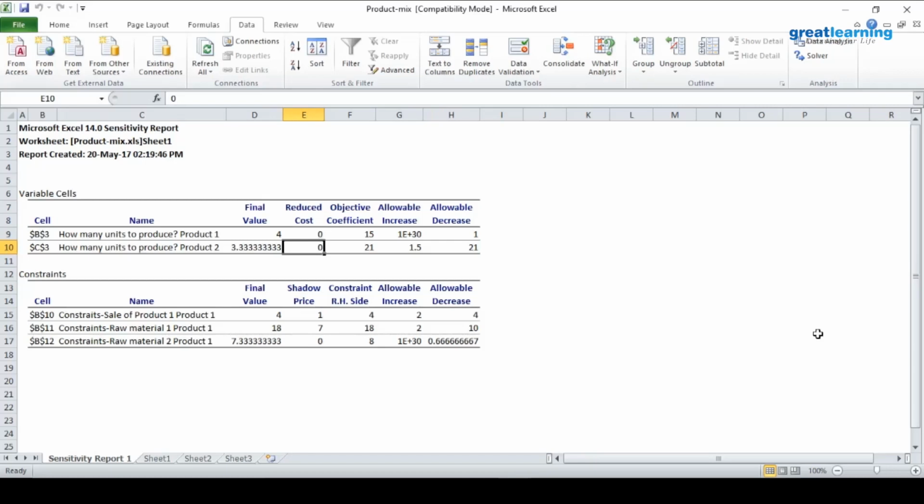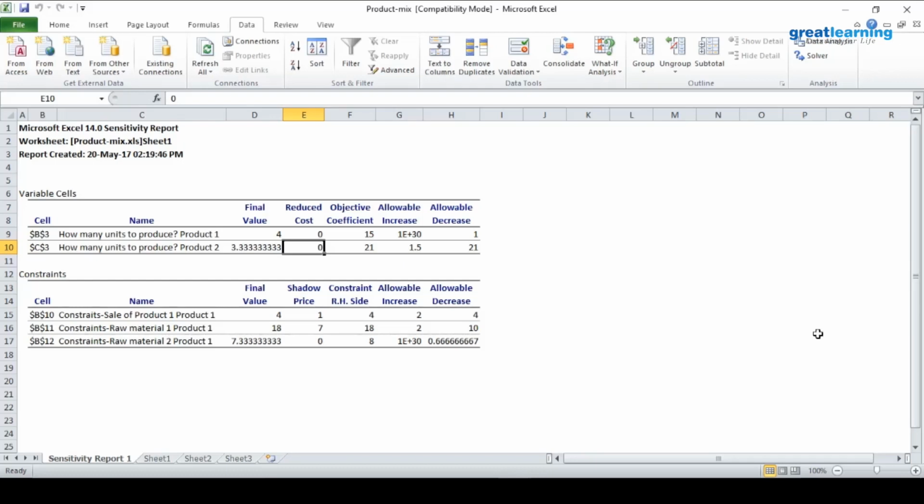Reduced cost: in case linear programming has to encounter difficulty in finding the solution, it may give a zero solution to a product. So, what changes are required in the objective function coefficient so that in my final simplex solution, I do not have a negative value as optimality? Otherwise, the computer will say this is not worth producing.